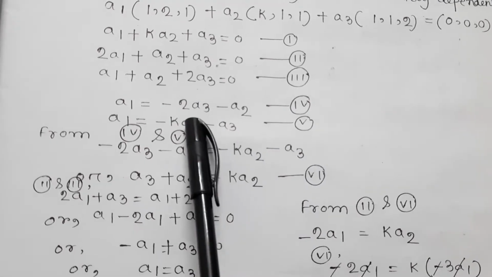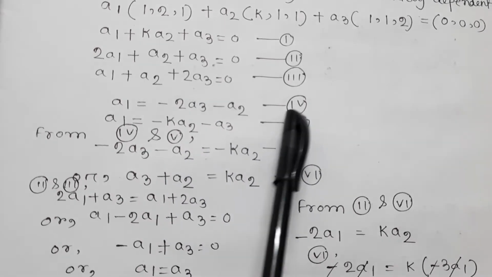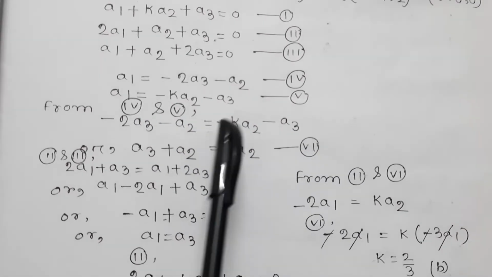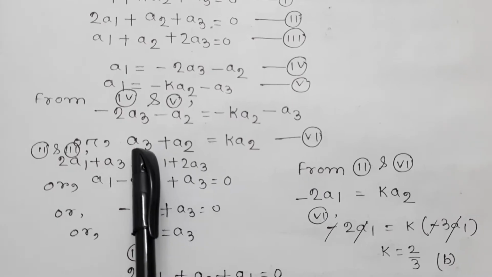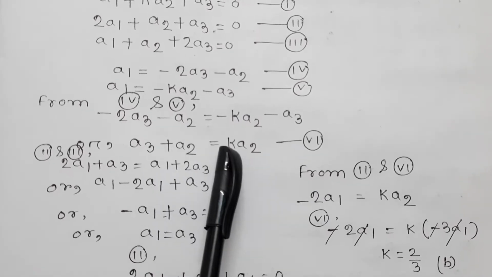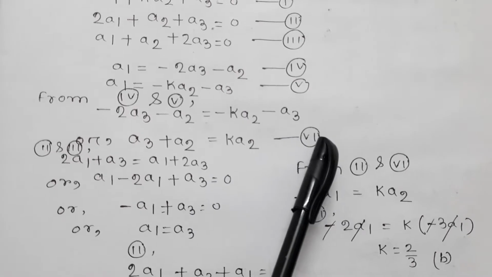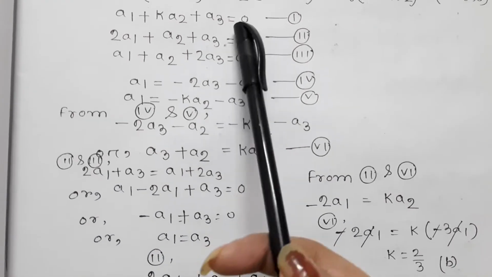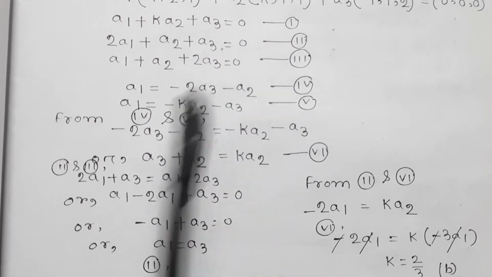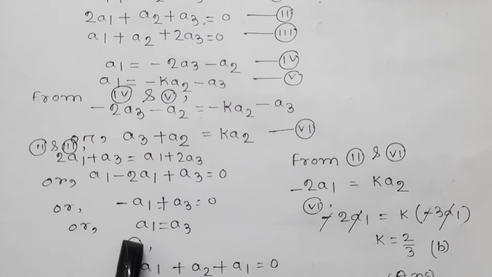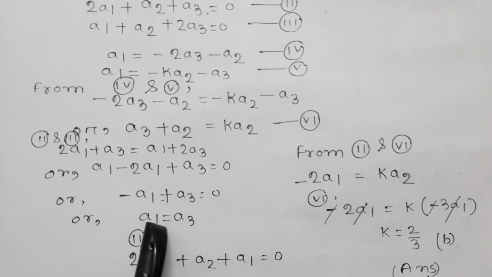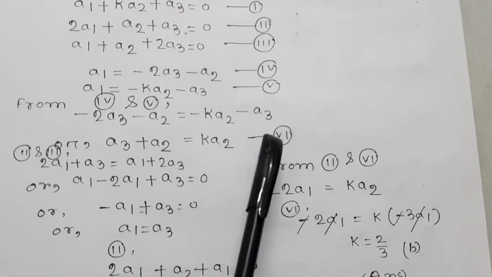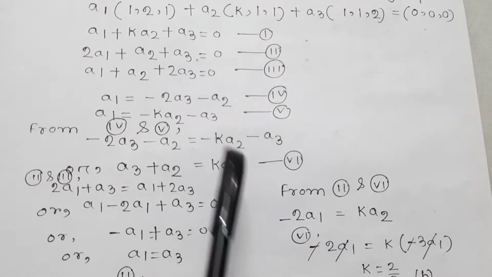From 4 and 5 equations, these two are equal. From here we get a3 plus a2 is equal to k2. This is our number 6 equation. From number 2 and 3 equations, this one equal to this one, so we get that a1 is equal to a3. From 2 and 6 equations we get